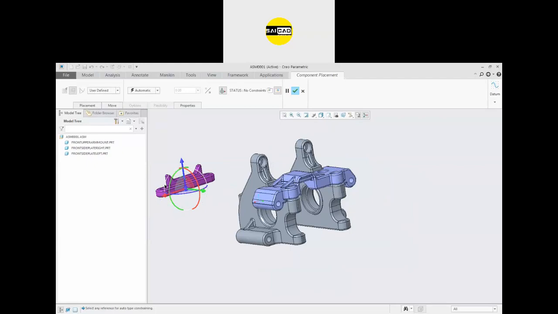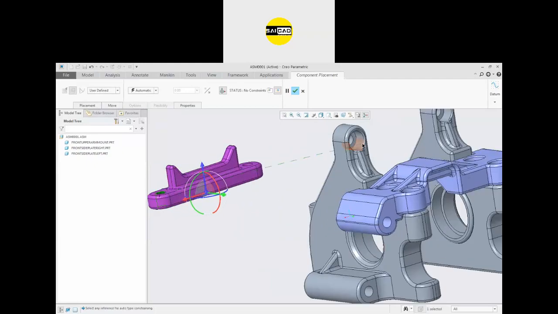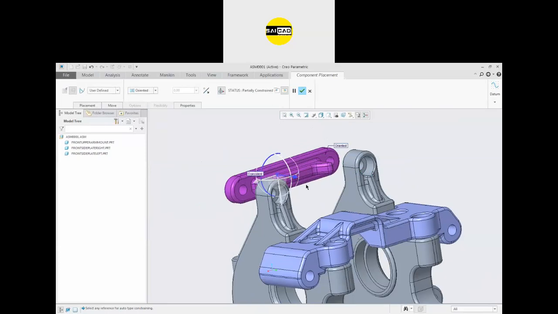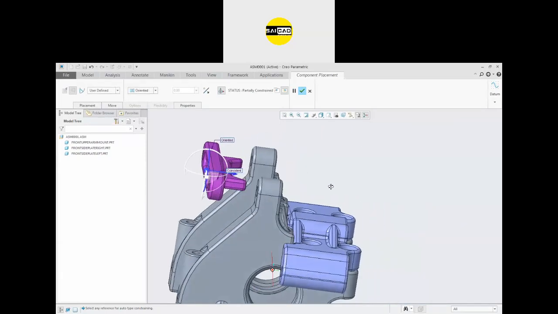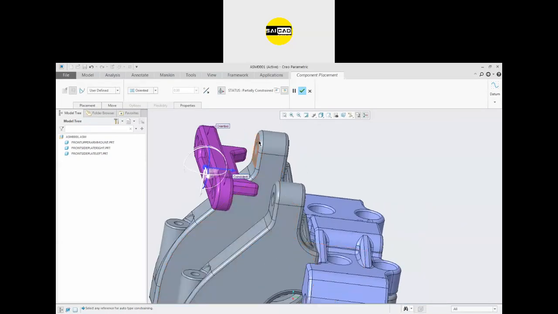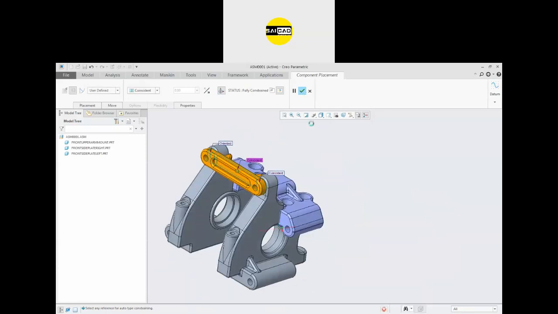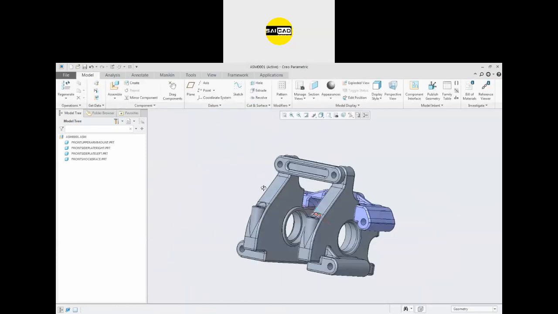So this part is joined with these two like that, and I want this part to be coincident at these two. Click OK, and this is it.